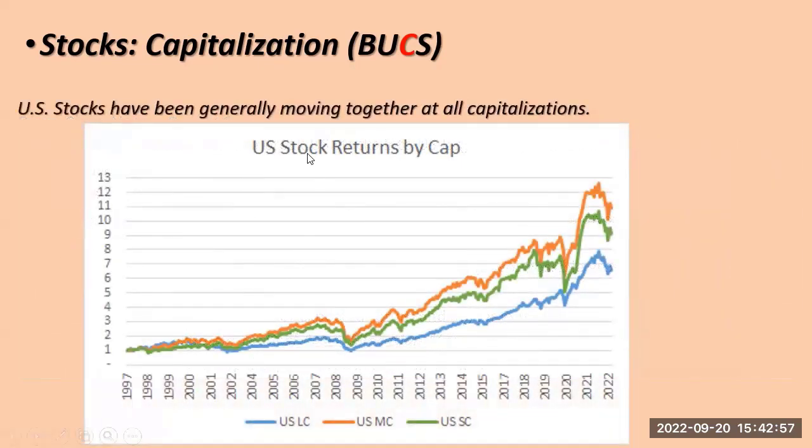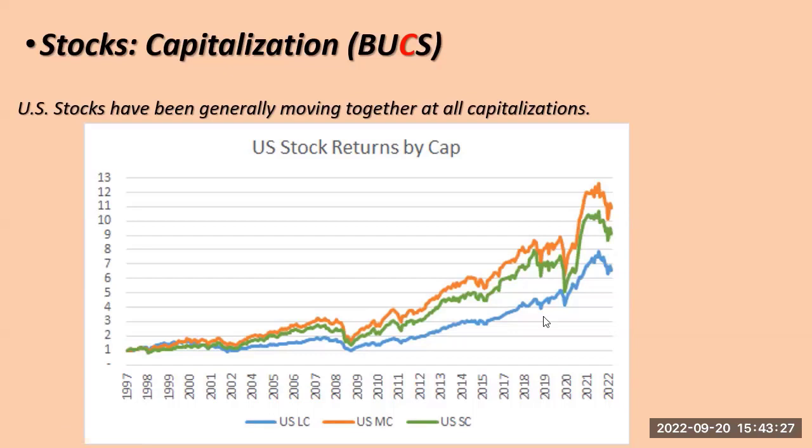So here I graph large cap and small cap. You can see mid cap has actually been the one that's done the best, but mid cap and small cap have really materially outperformed large cap, much more than what college academia says they should given their risks. So they've really given us, and actually small cap value stocks, we'll talk about that here in a little bit, have really been the place to be. I've actually been pushing small cap value here recently. I just think their time is coming back.